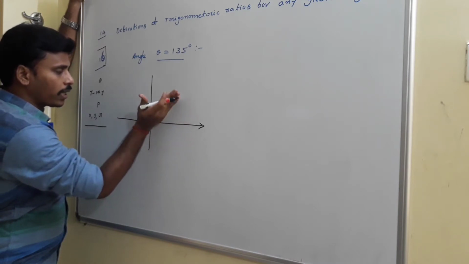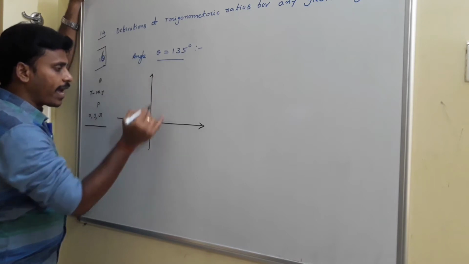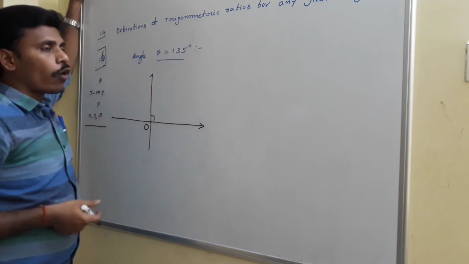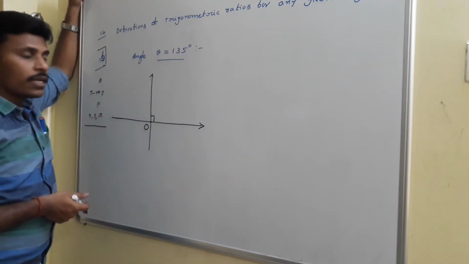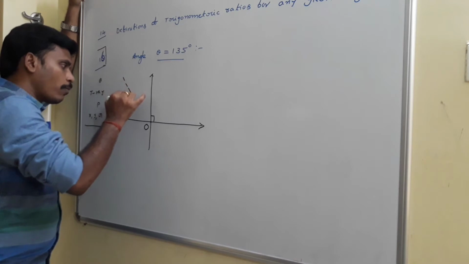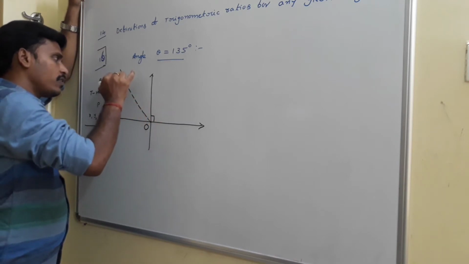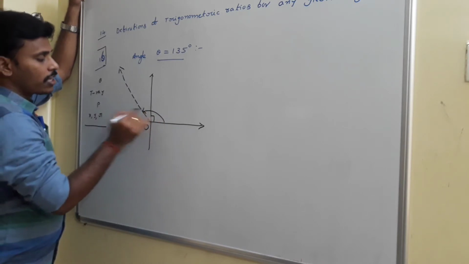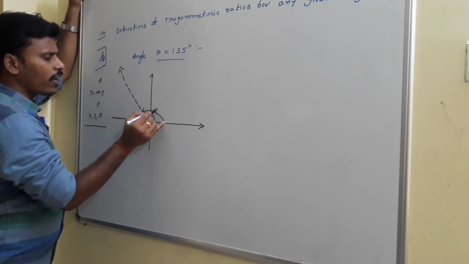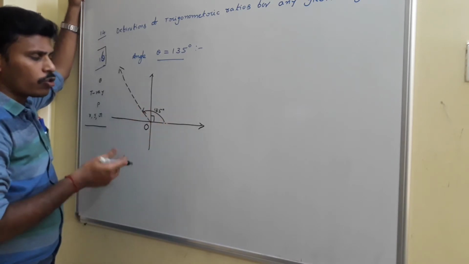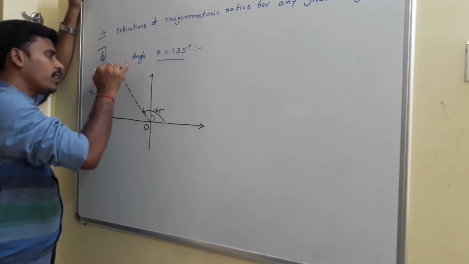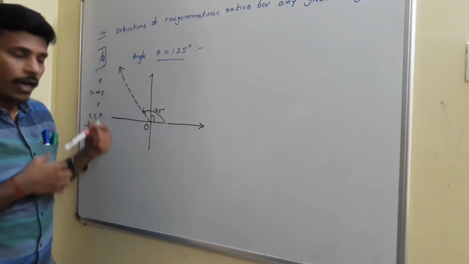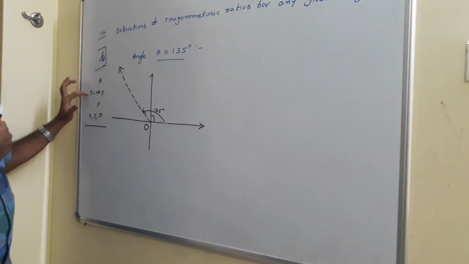If you rotate like this up to the positive y-axis, the angle is 90. It is very familiar to everybody. And after this 90, you need to move 45 degrees more because this is 135, no? Since it is 135, you need to rotate 45 degrees more, and this is the terminal ray corresponding to an angle of 135 degrees. You just keep in mind, okay? No need to indicate this angle as 135; if you indicate it or not, no problem. You need to identify that this is the terminal ray for 135 degrees. That identification is our task, okay? Alright. So, angle is completed, terminal ray is completed.